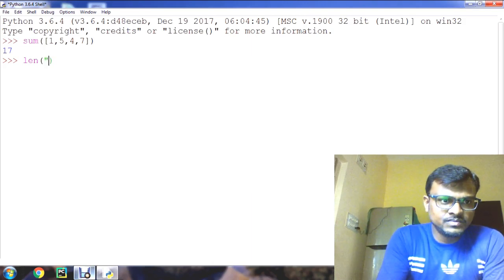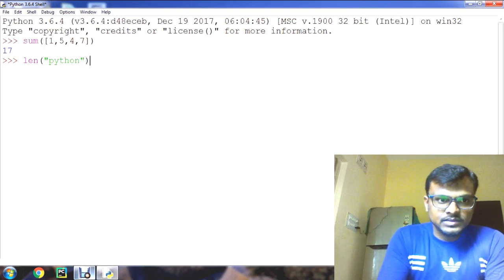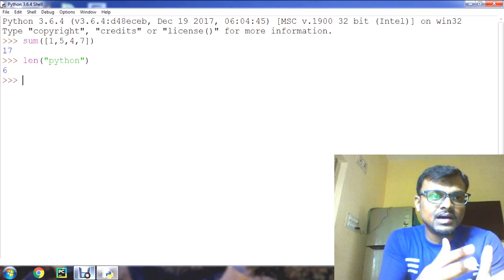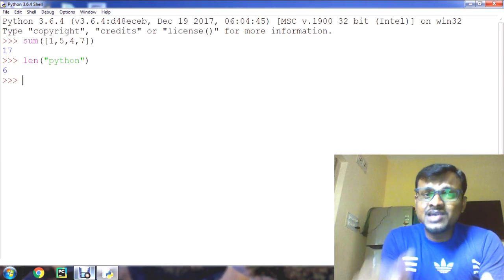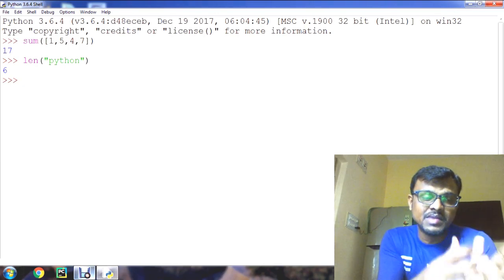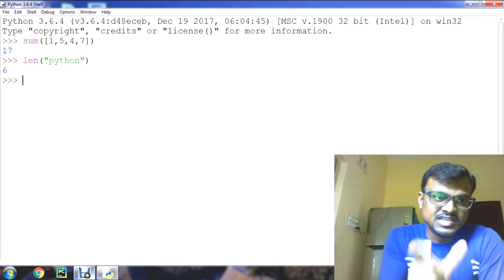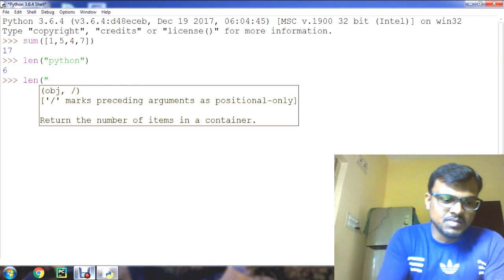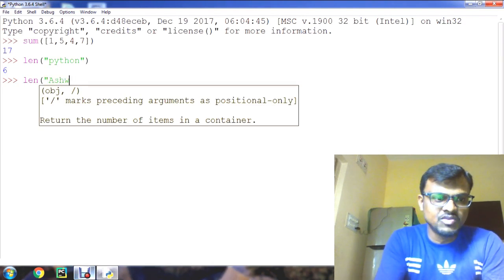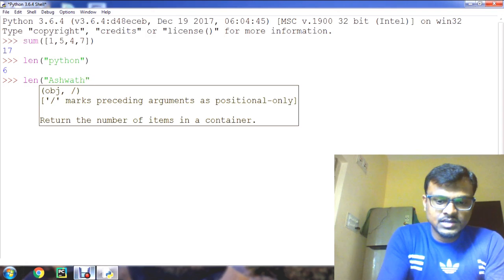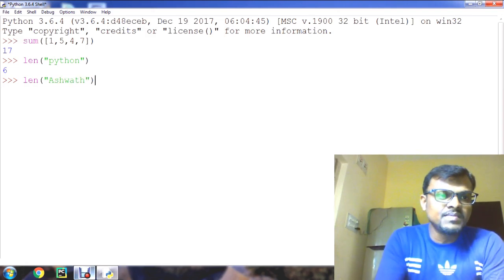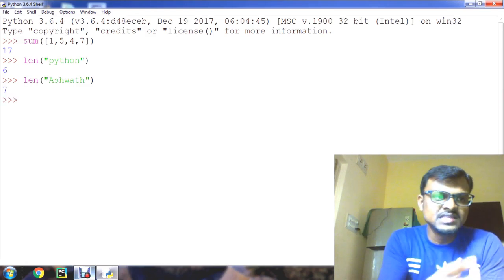If I give len of "Python", it counts the number of elements, that means the number of characters present in the given string. There are 6 characters. For another example, if I give my name, Ashwath, it will check the number of letters present in this name and give the value 7.